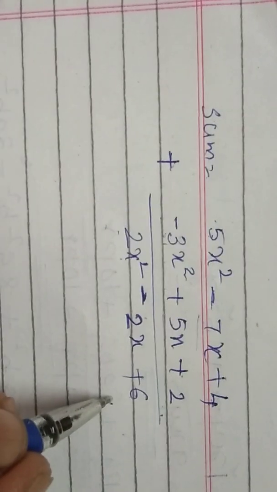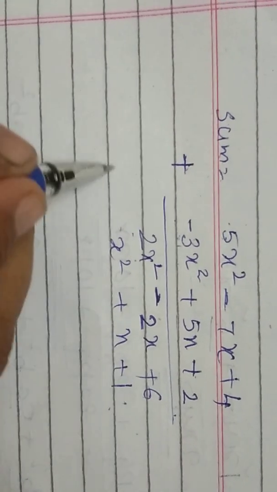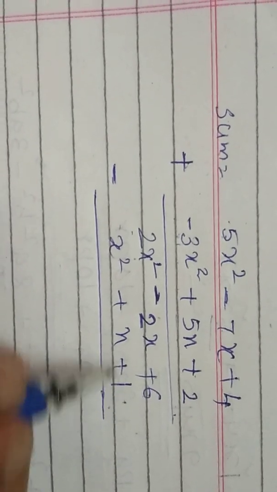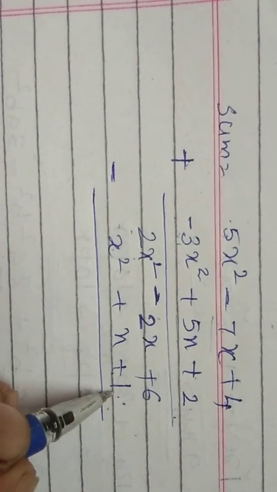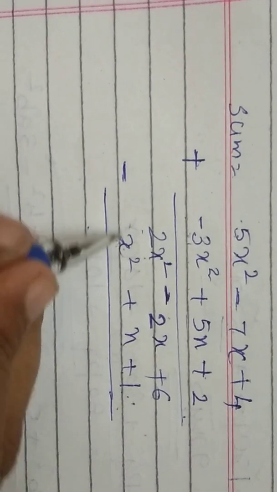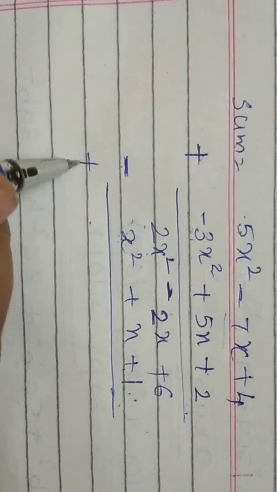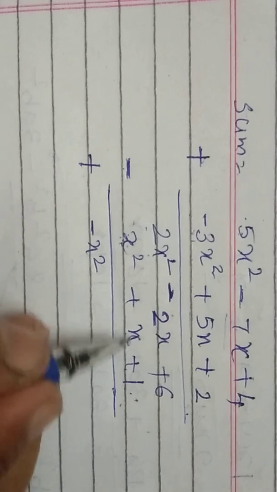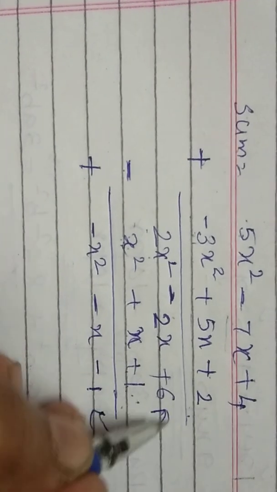So addition is over. Now we have to subtract the third expression, x square plus x plus 1, from this one. What are the steps to subtract? We have to change the sign of all the terms of the second expression and add. That is the rule. So in the next step we write the sign change. We add with the additive inverse, so subtraction changes into addition. Now x square is positive, it becomes minus x square, plus x becomes minus x, plus 1 becomes minus 1.